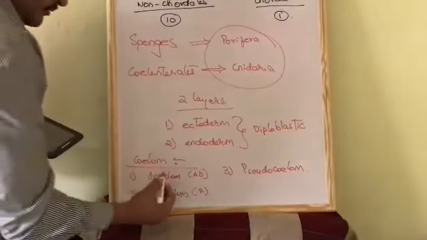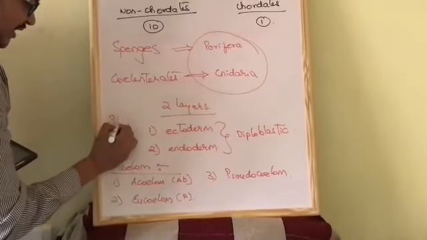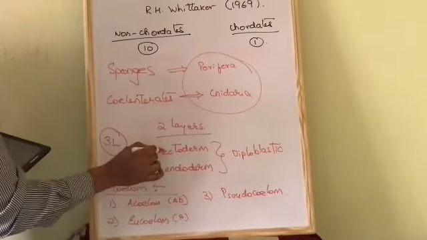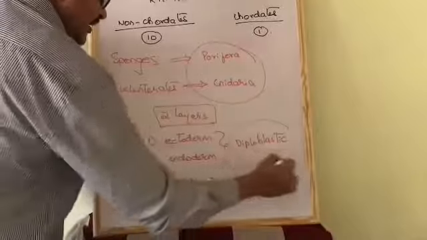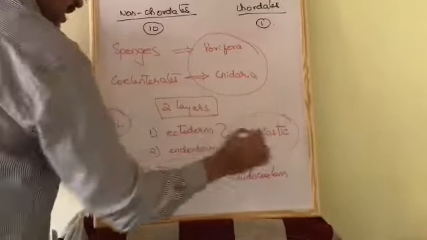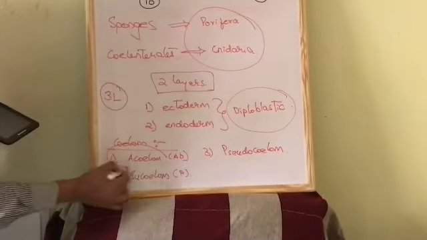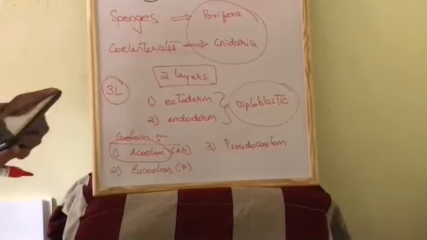Now the concept of coelom only arises when you have 3 layers in the organism's body. But since we have just now discussed that there are only 2 layers in the body of the organisms, that is the reason why they are called diploblastic. Plus, the coelom question doesn't arise, hence they are going to be termed as acoelomates. So, the first question answer,